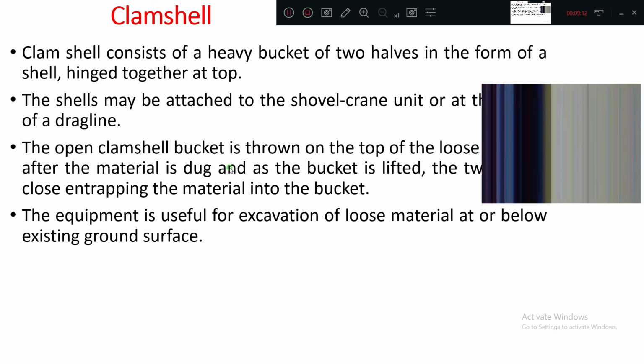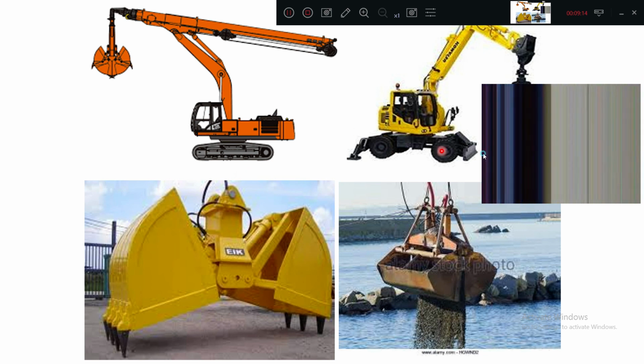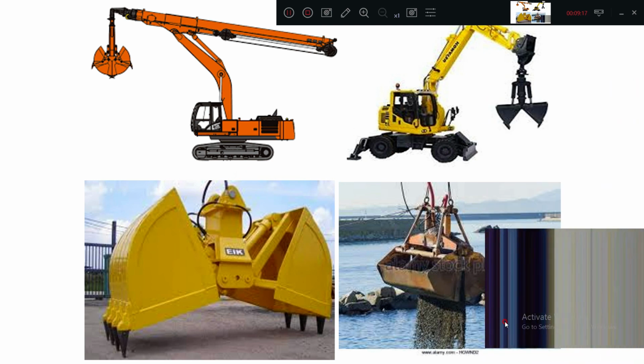Where have you seen this type of working? Generally it's mega construction projects, where it is used in dam sites, river banking operation or canal operation where the natural sand or aggregate is available. From there it is taking the sand. Generally used in river banks or sea banks where dredging operations are continuously taking place. These are major construction projects, not small construction projects. So you can see the difference here.